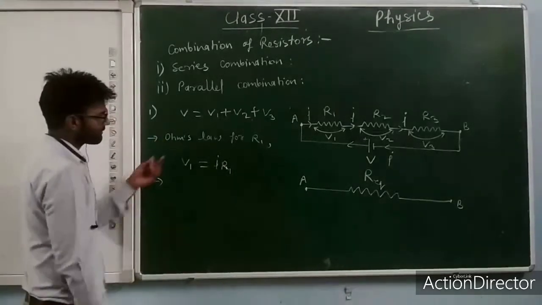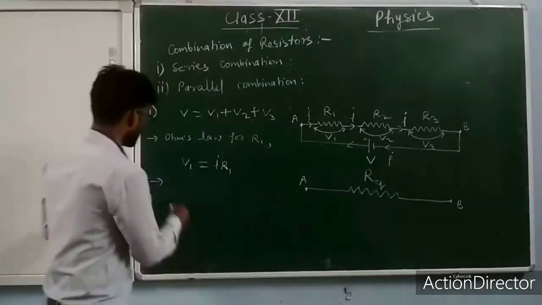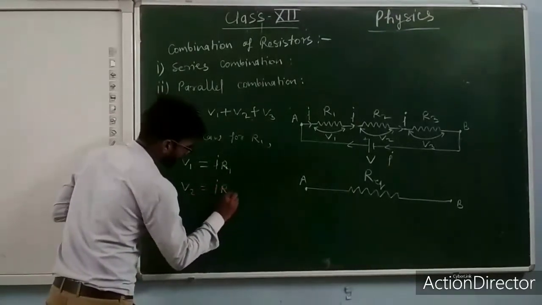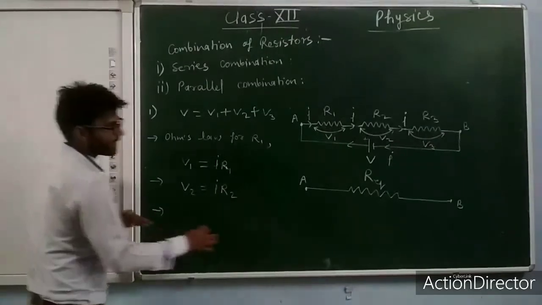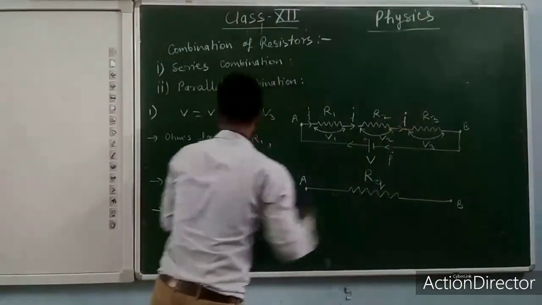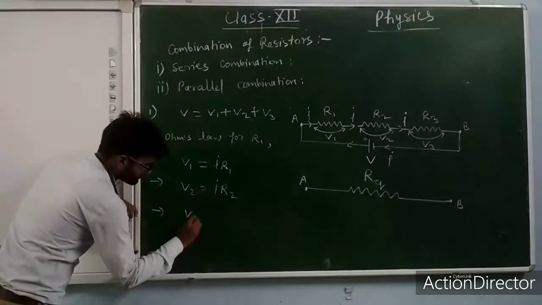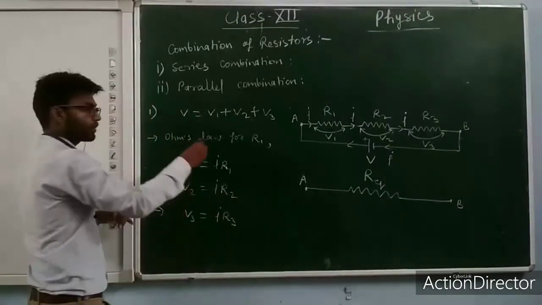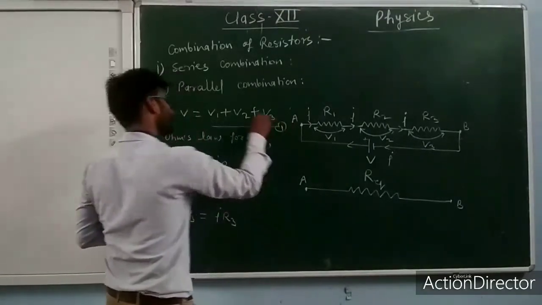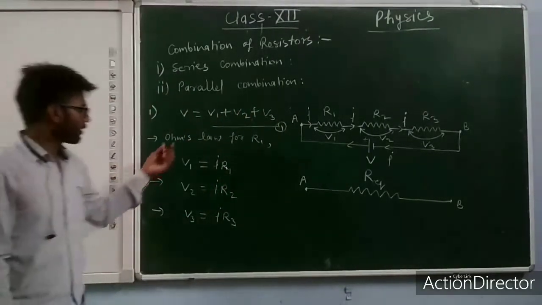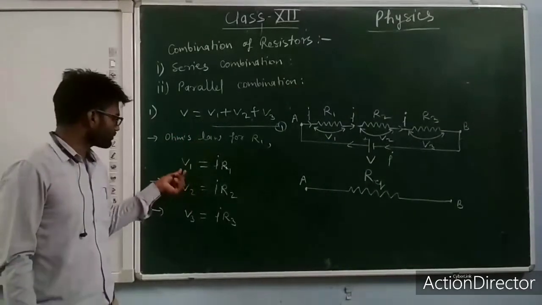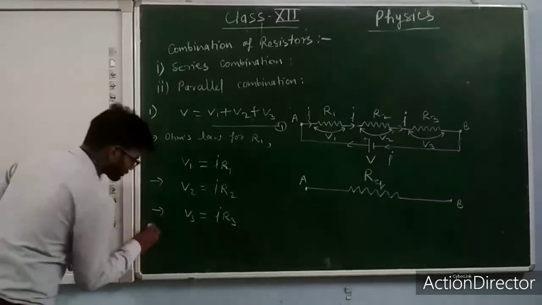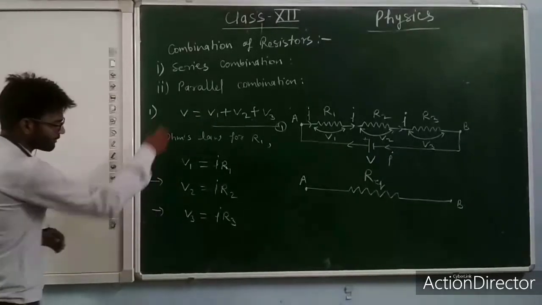For the second resistor we can apply the same law. So V2 will be equal to I R2. Similarly, we can apply Ohm's law for the third resistor, that is V3 equal to I R3, right? So the first governing equation I have written here. Now we can apply the values of V1, V2 and V3 in equation number 1, right? So applying all these values in equation first,